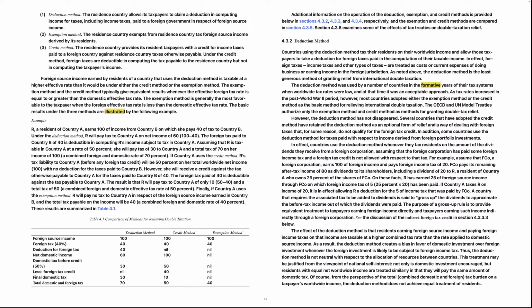The purpose of a gross up rule is to provide equivalent treatment to taxpayers earning foreign income directly and taxpayers earning such income indirectly through a foreign corporation. See the discussion